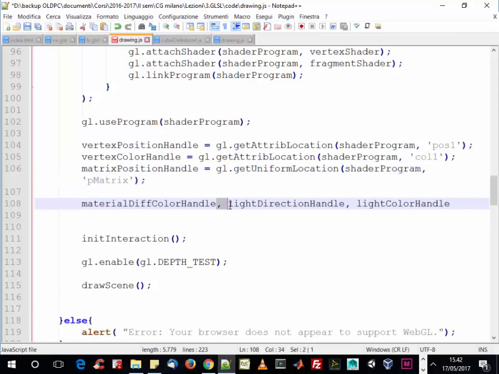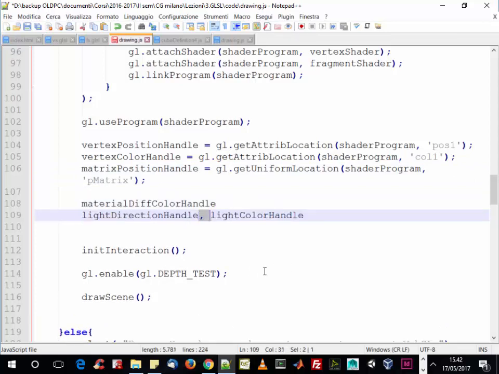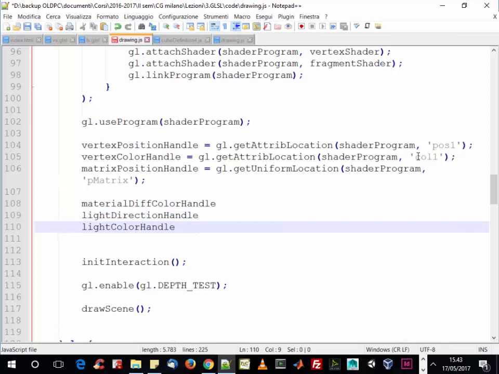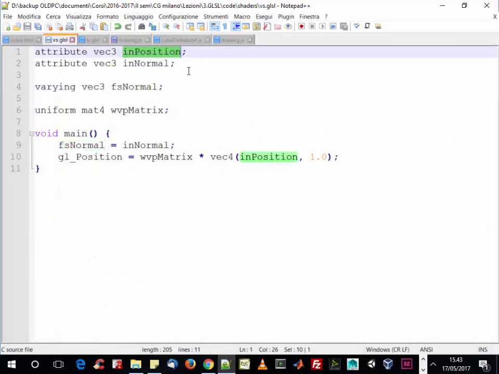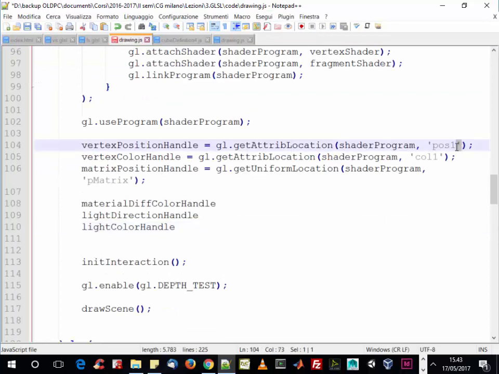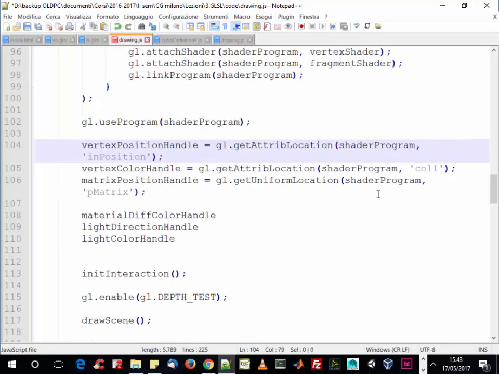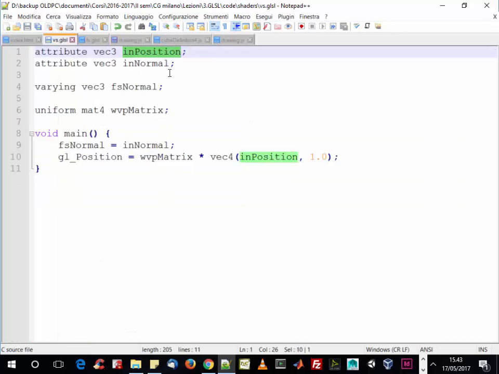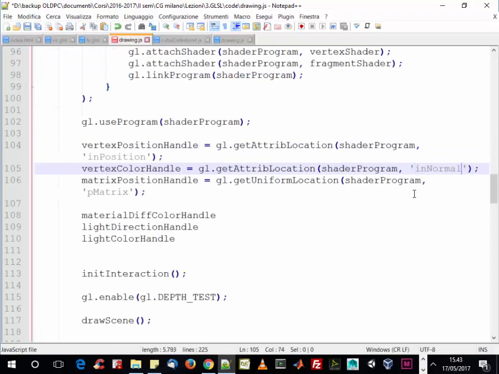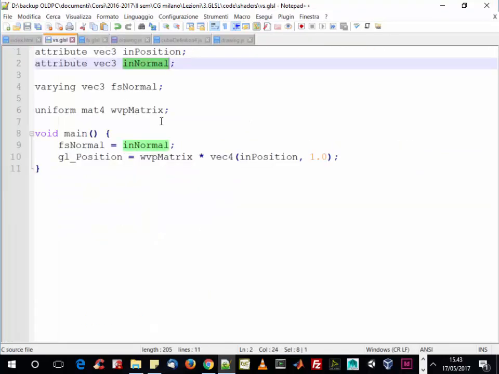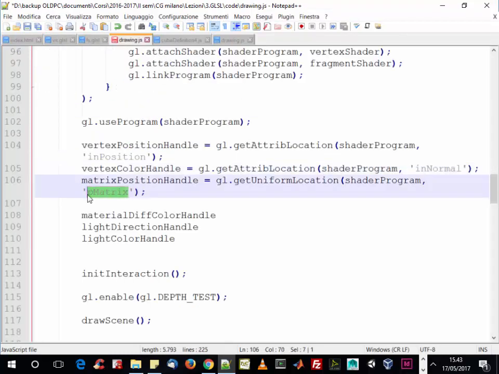We have 3 more handles to collect, and we have to change the names here. Vertex now is in position, so instead of pos1 we put position. Instead of color 1 we have normal, and the matrix changed to